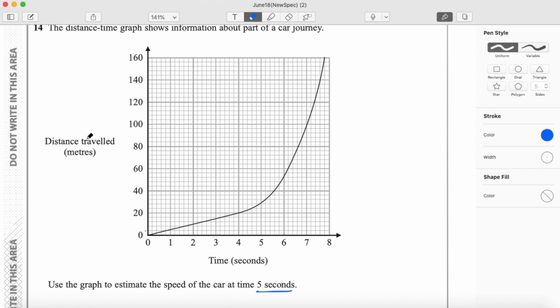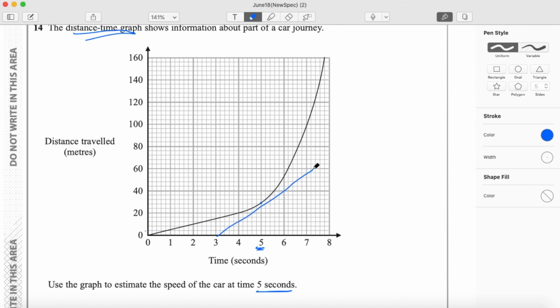So you have a distance time graph. What that means is the tangent to the graph at a specific point will be our speed. So we're asked for time 5 seconds. What we need to do is find a tangent to the graph at time 5 seconds to estimate the speed. Obviously use a ruler in the exam,